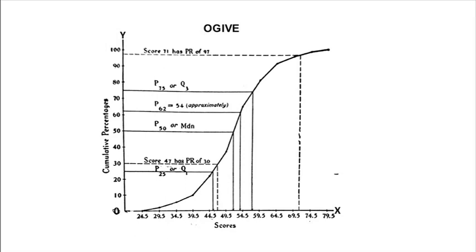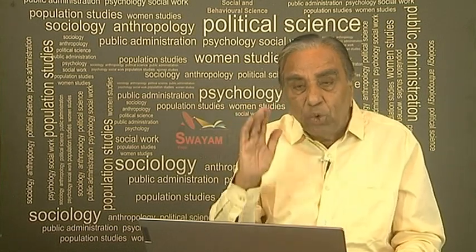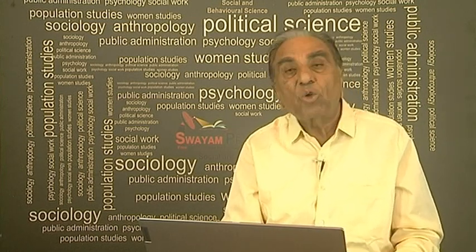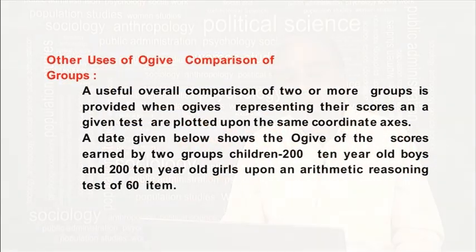Now, it is meeting between 90 and 100, suppose for example it is 91, 97, 90, whatever it is. I will say the person who has scored 71, his percentile rank will be 97, 96, whatever the value is coming. So, with the ogive, you can directly calculate the value of any percentile, median, quartile 1, quartile 3 or the percentile rank. Now, what are the other uses of the ogive? Even with the ogive,